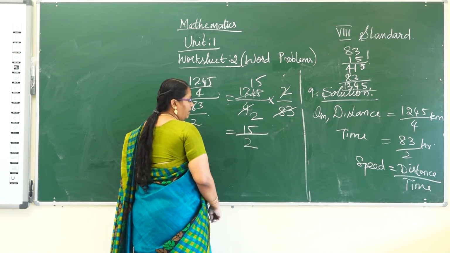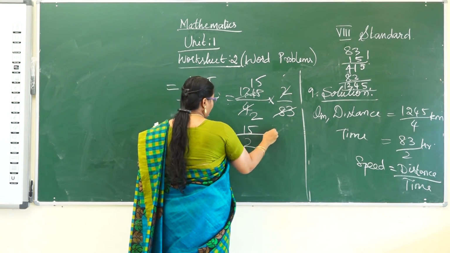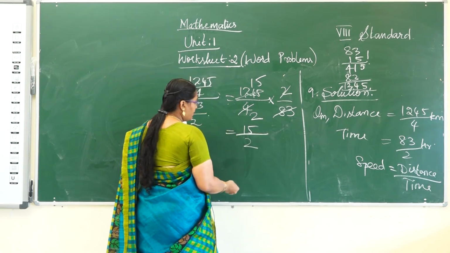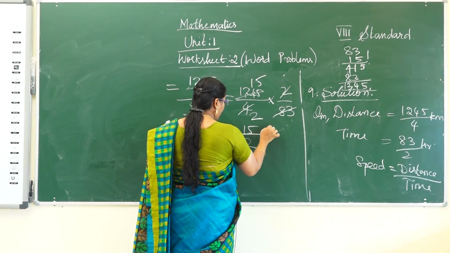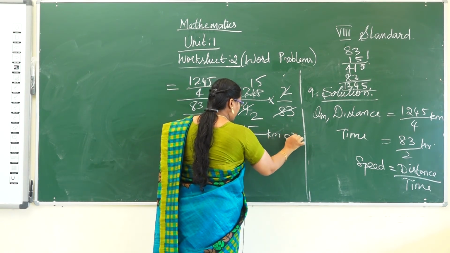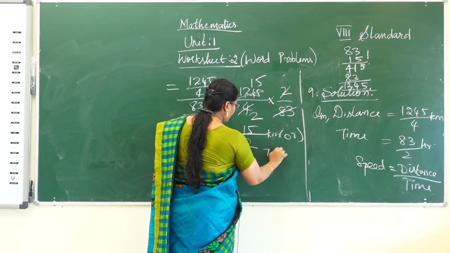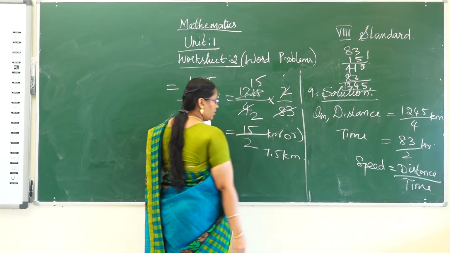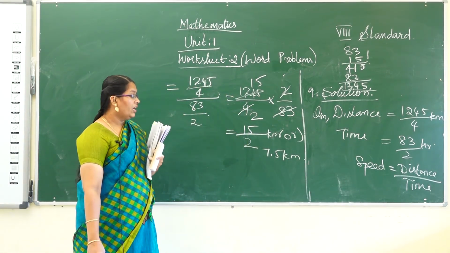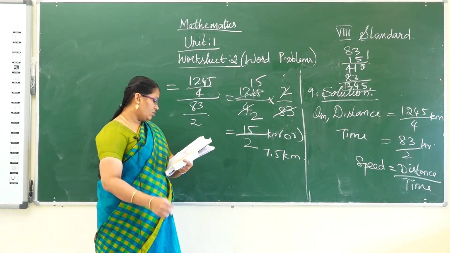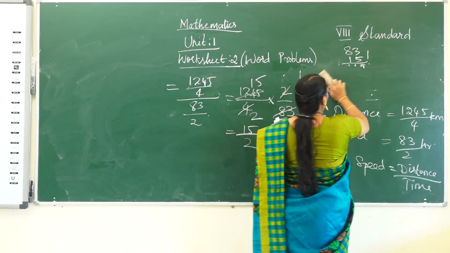It can be written in decimal or mixed fraction. Here it says, okay, you can write either one, in kilometers per hour. So the speed is 15 by 2, or 7.5 kilometers is also correct. Okay. So 15 by 2 divided is 7.5. Okay. The 10th one is also homework. I will write the homework in this place.